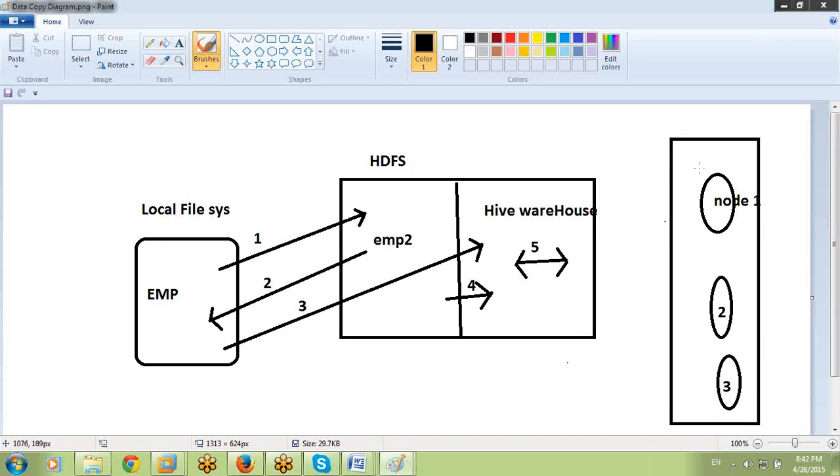Okay. Now coming to the 5th arrow. What is the 5th arrow? The final one. The 5th arrow represents copying data from a Hive table to a Hive table only. Hive table to Hive table only. For example,